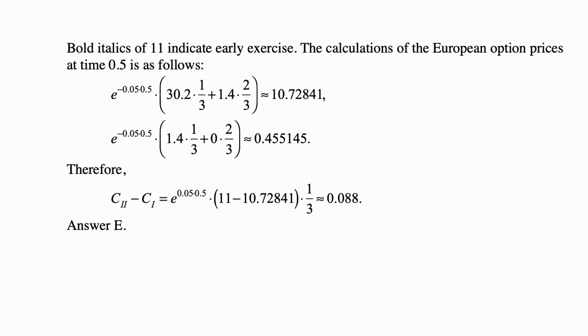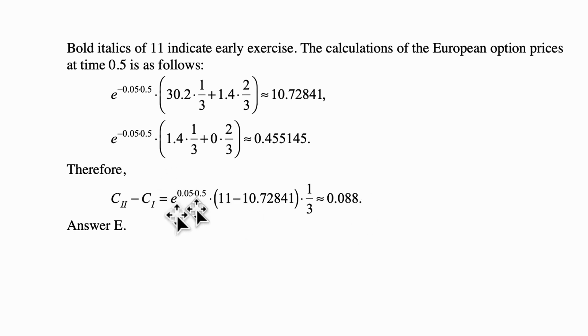So as I mentioned, bold italics of 11 indicate early exercise, and the calculations of the European option prices at time 0.5 based on the expected present value of future payoffs is given here. That's what you see in parentheses there. And the difference of the two is the expected present value at time 0 of the difference of the two payoffs, early exercise of 11 versus the expected present value of future payoffs of 10.72841, and we calculate the value of that difference at time 0, and this comes out to be